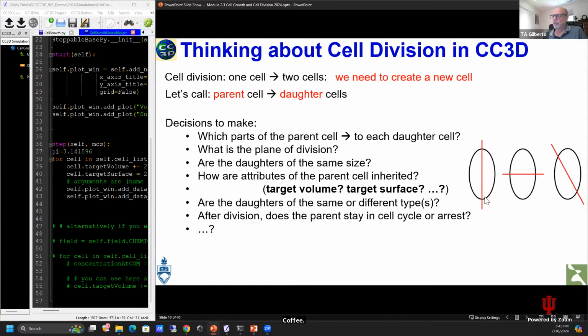Okay, so we know how to divide, but now we have to say how the daughter cells behave. What attributes are inherited from the parent to the daughters? It's a lot of information you need to give to the newborn cell, because here